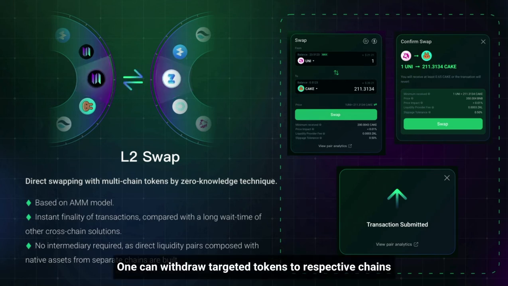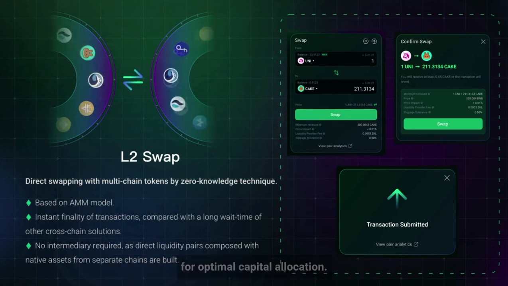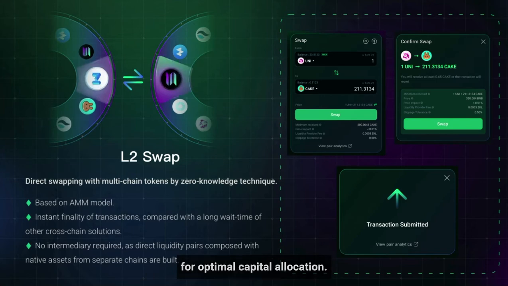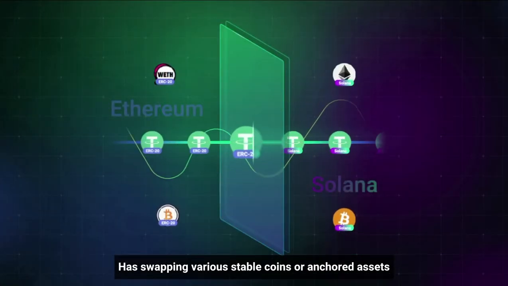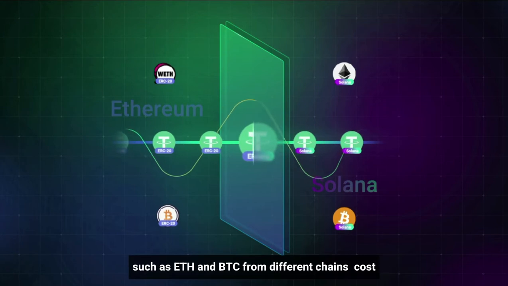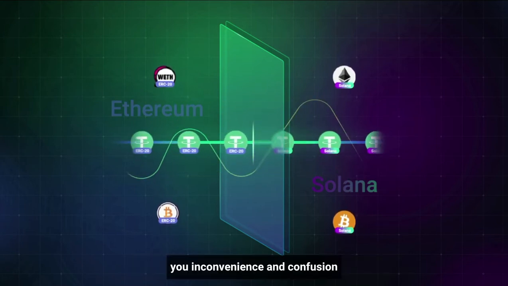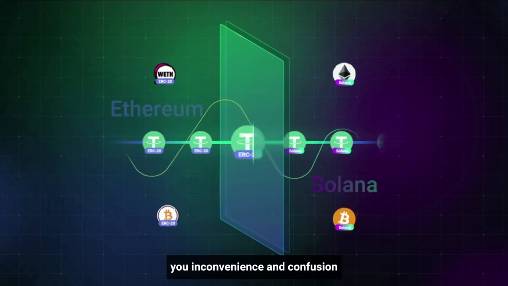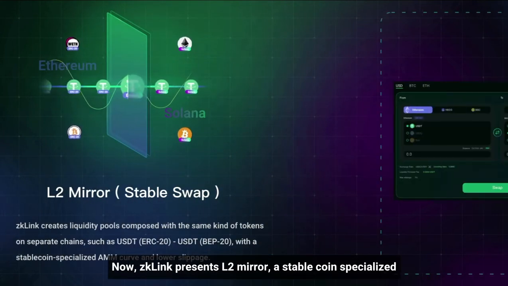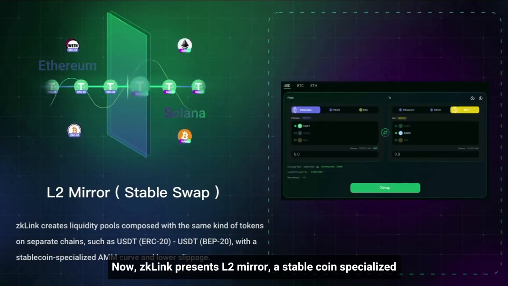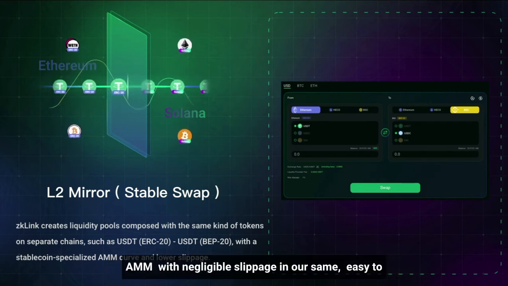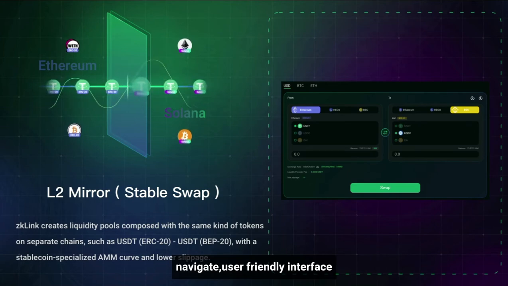One can withdraw targeted tokens to respective chains for optimal capital allocation. Has swapping various stablecoins or anchored assets such as ETH and BTC from different chains caused you inconvenience and confusion? Now, zkLink presents Layer 2 Mirror, a stablecoin specialized AMM with negligible slippage in our same, easy to navigate, user-friendly